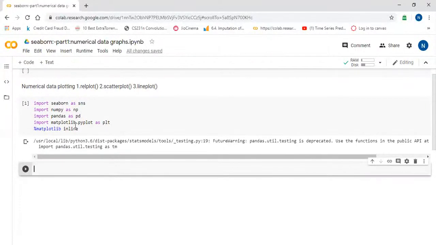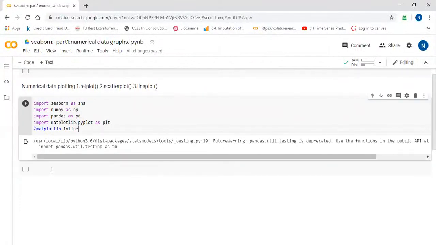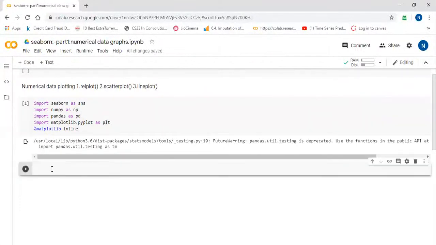Okay, so all the necessary libraries have been imported. We will use the tips dataset for this course to understand numerical data plotting. Seaborn by default provides some datasets to us for plotting, so we are going to use the same.